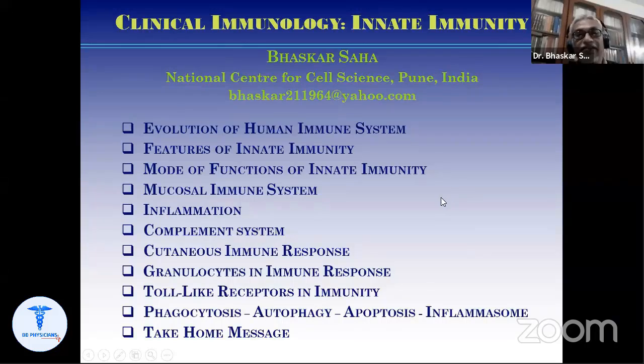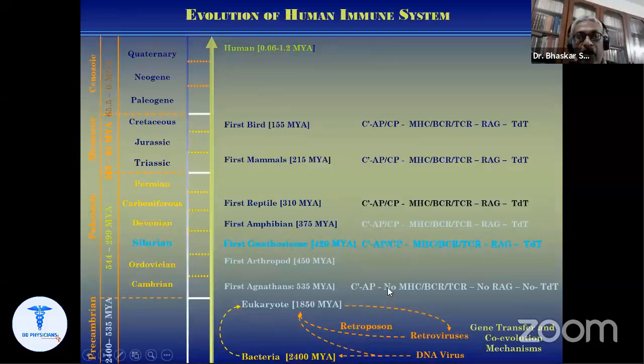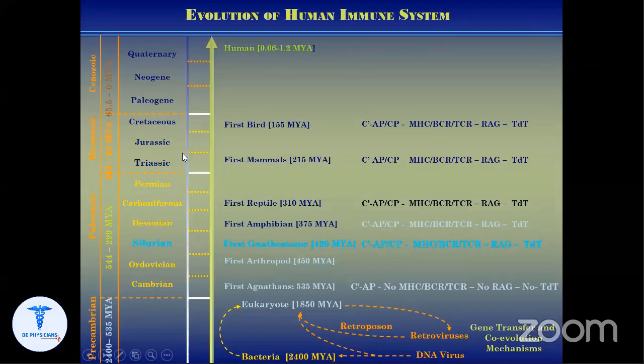আমার প্রথম অনলাইন মিটিং বলতে পারেন। তো আজকে আমি ইনেট ইমিউনিটি নিয়ে বলবো। এর মধ্যে কতগুলো পয়েন্টস যেগুলো আমি ডিসকাস করব, তার মধ্যে রয়েছে evolution of human immune system, features of innate immunity, mode of functions of innate immunity, mucosal immune system, inflammation, complement, cutaneous immune response, granulocytes in immune response, toll-like receptors in immunity, এবং কি করে ইমিউনিটিগুলো কাজ করে সেগুলো আমি ডিসকাস করব। So the evolution of human immune system has been through billions of years,